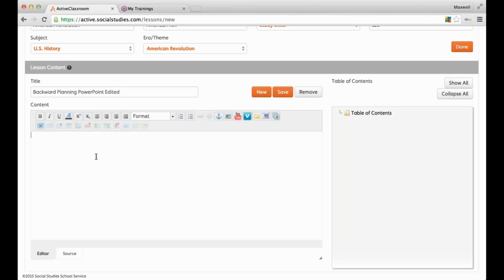One of the things you also notice about these PowerPoints is there are about 80, sometimes 90 slides of great information. Some of you know that in Active Classroom, a very positive aspect is that you can edit these PowerPoints. You can download them, change the information, change the images, change the essential questions, whatever you like to do. What I did was I downloaded a PowerPoint, took the first 15 slides, and put it in Active